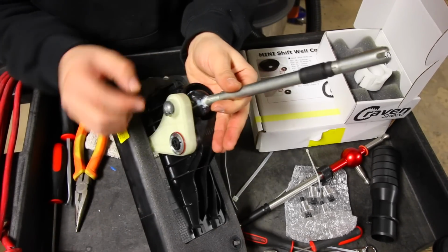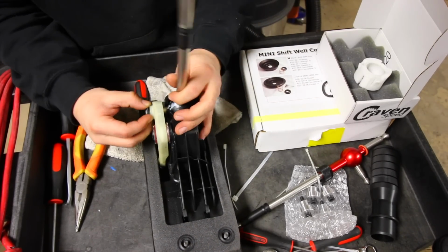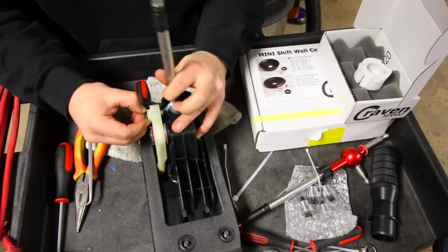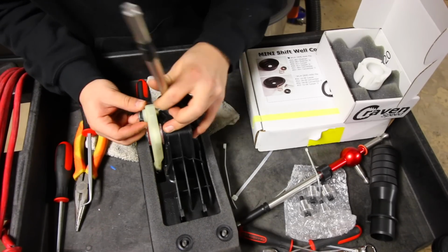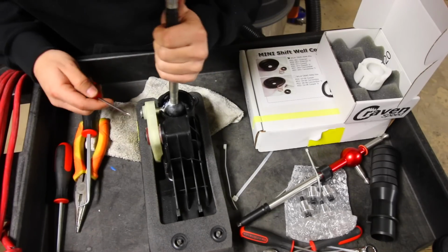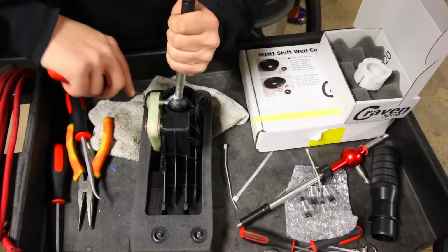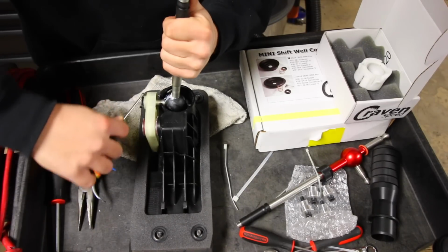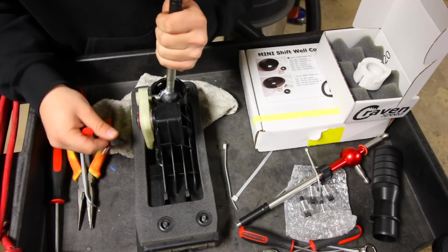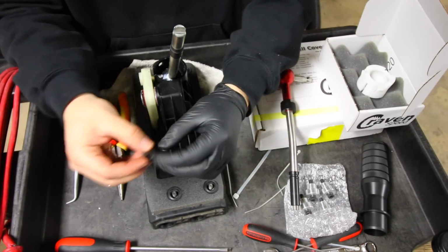So next up, we need to remove the shifter from this little side piece right here. And if you can tell, there's a little plastic piece that needs to be pushed out. I just used a set of picks to push out the little section of it. And from there, we should be able to slide this part through and then get the shifter out. Like that. Once you have that little washer removed from the side of the shifter, we're gonna put that aside,